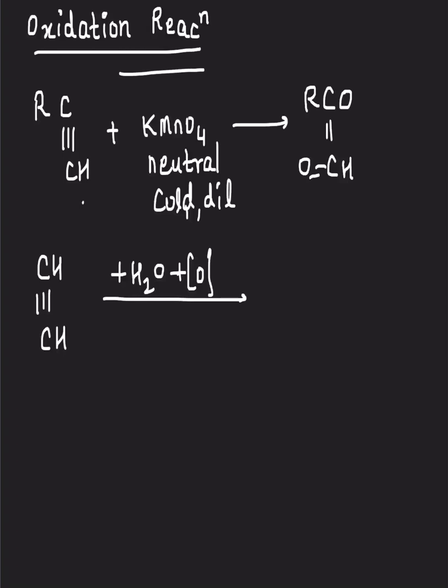I've got the alkyne over here, KMnO4 neutral cold dilute. So what will happen? The triple bond will break, and there will be a double bond over here and a double bond over here, as simple as that. Now what happens over here is this CHO bond. So you've got a ketone and an aldehyde, but this aldehyde can further undergo oxidation, right? So let's write down the reaction of acetylene with the neutral KMnO4.